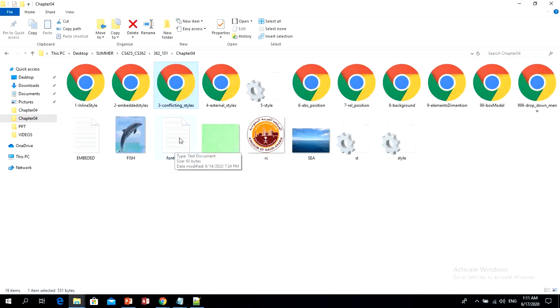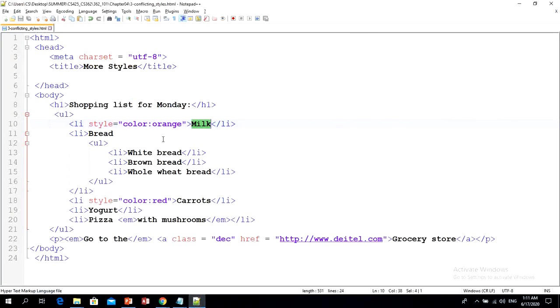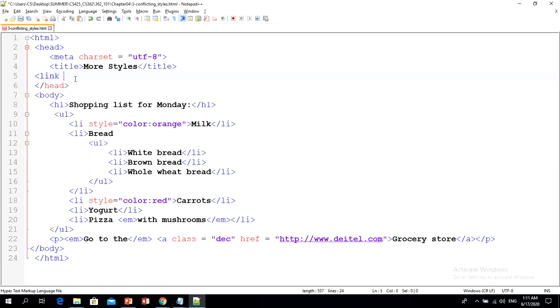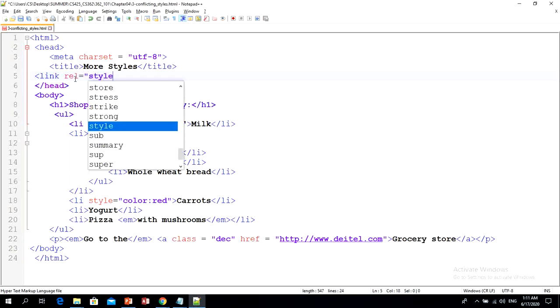This is how the text file looks like, like a sheet, like a paper, but this one is like a paper with a bent corner and a gear inside it. So this is the file. And you come here and you create a link in the head section by using the link element, link rel, use rel equal stylesheet,